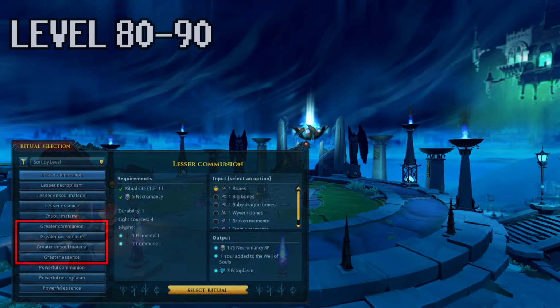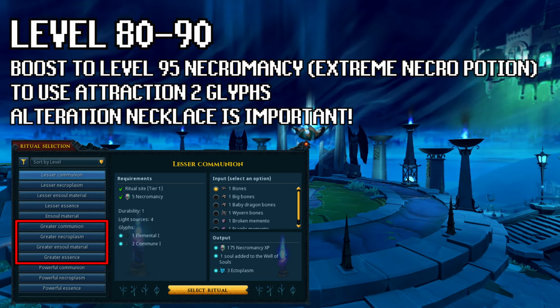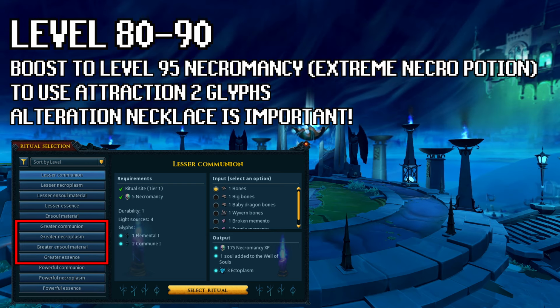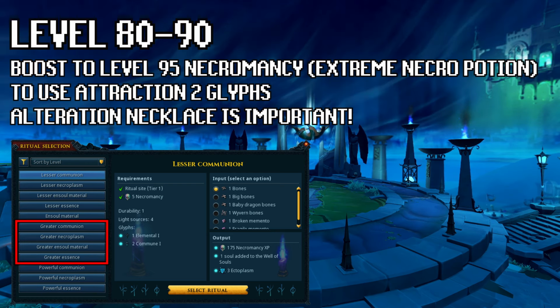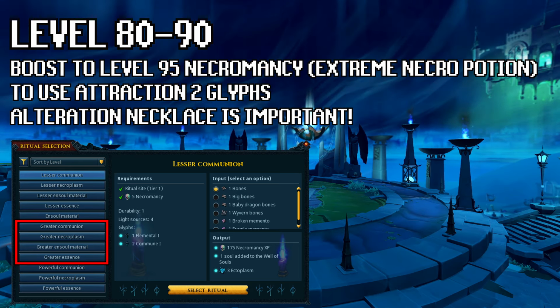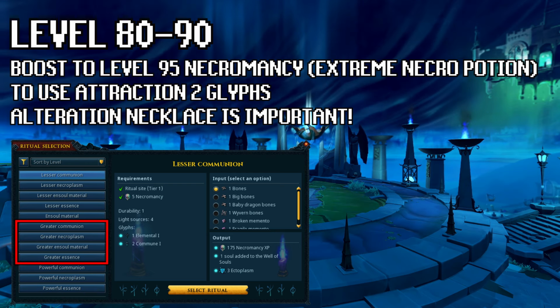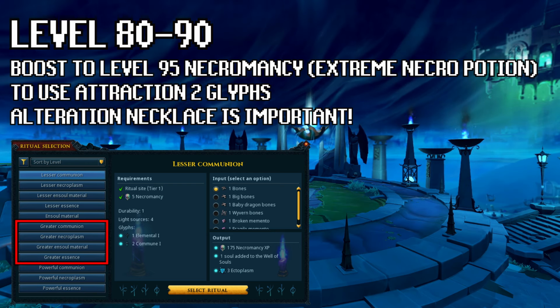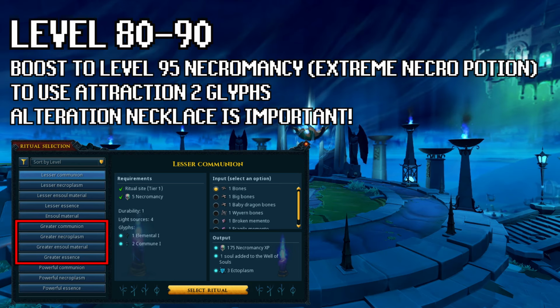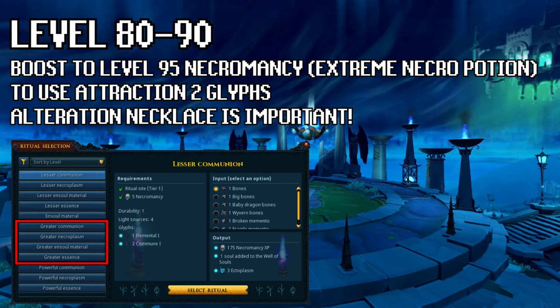At level 80 Necromancy, you will be able to boost to level 95 using the Extreme Necromancy Potions. This will give you access to the Attraction 2 glyphs. You can then replace your Attraction 1 glyphs with Attraction 2, which will automatically get you up to 300% soul attraction. While 300% soul attraction will get you more Corrupt Glyphs Ritual Disturbances, you still need 301% or higher for